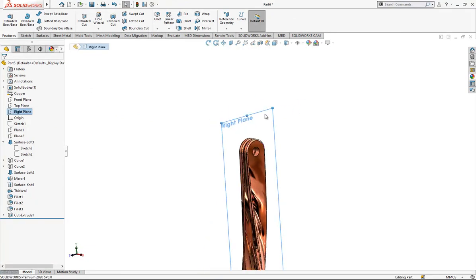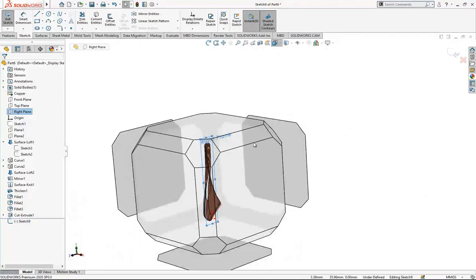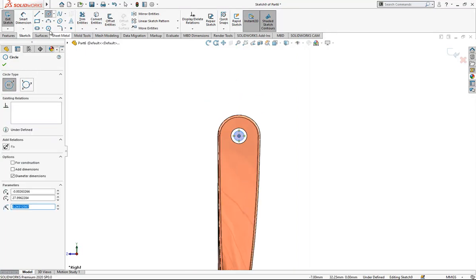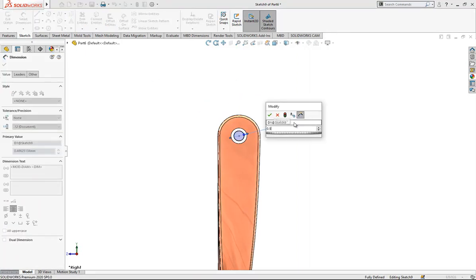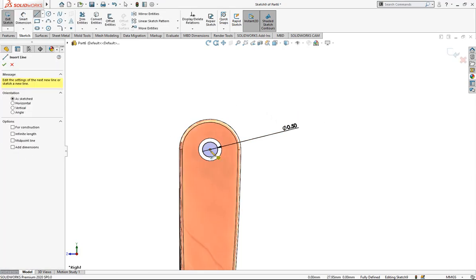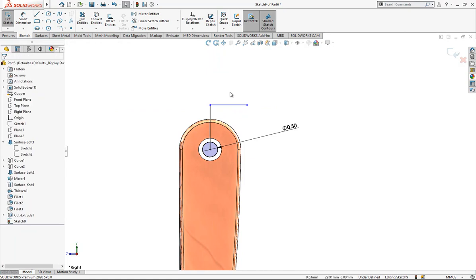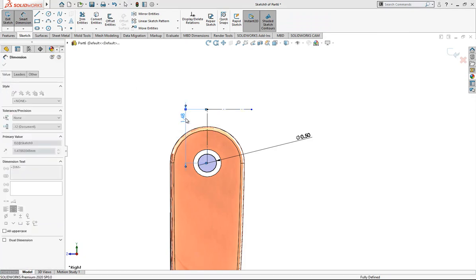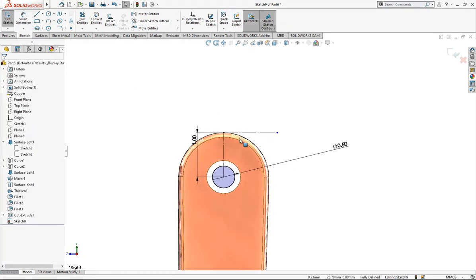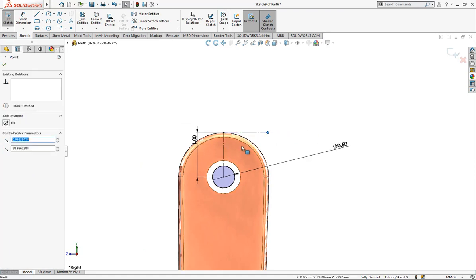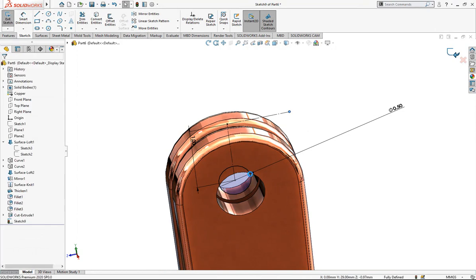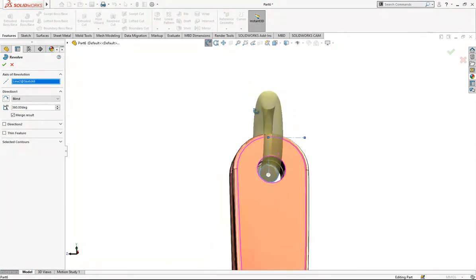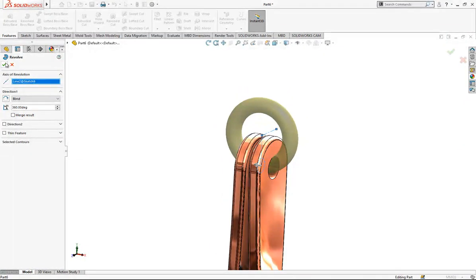We are again on the right plane. We create here one sketch. At the center, I place one 0.5 mm circle, and then I move like this L shape and convert them to a construction line, and here 1 mm high. Because of the alignment, I'm always using these helping lines. After this operation, we go to revolve, and the axis of revolution will be this object. No merge result,